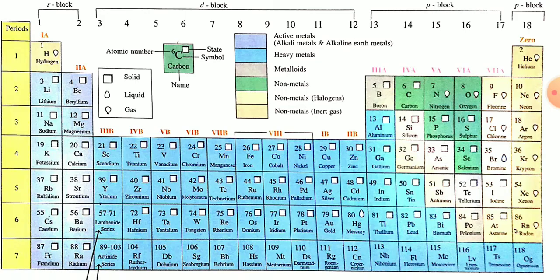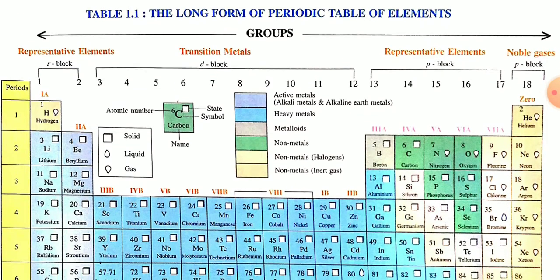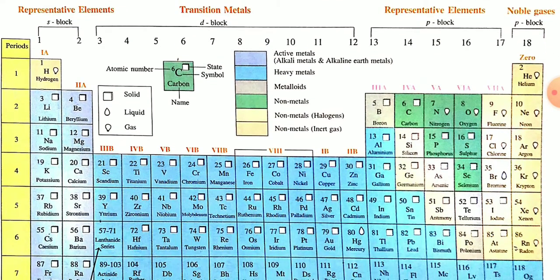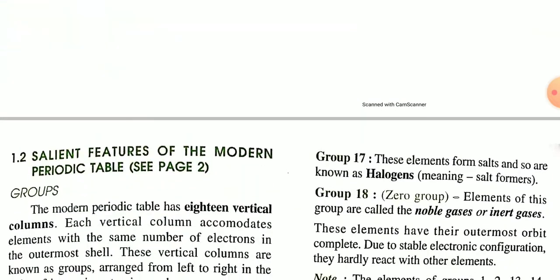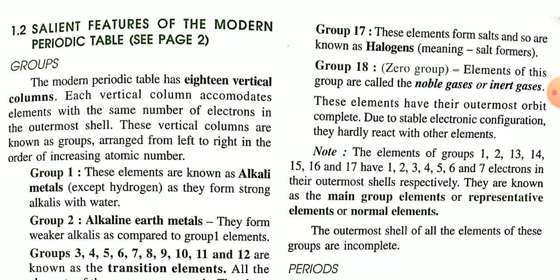Okay, so this is the long form of the modern periodic table, and in this periodic table there are some groups and some periods. There are a total of 18 groups and 7 periods. So first is the salient features of the modern periodic table. Groups, you know what groups are. The modern periodic table has 18 vertical columns, and these vertical columns are known as groups. So there are a total of 18 groups,